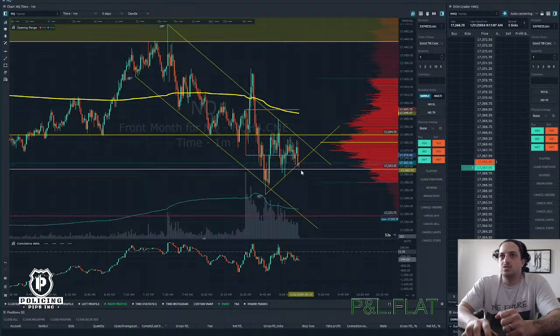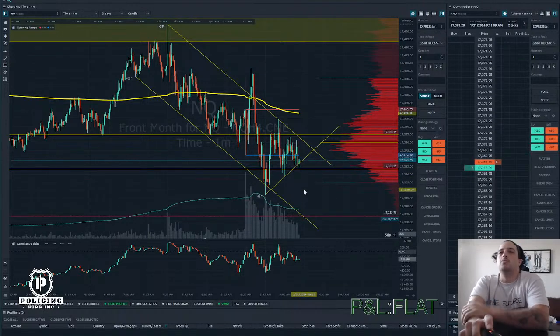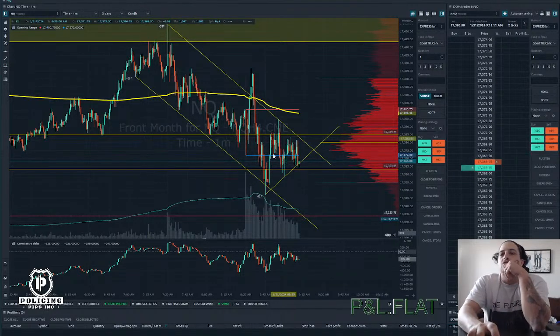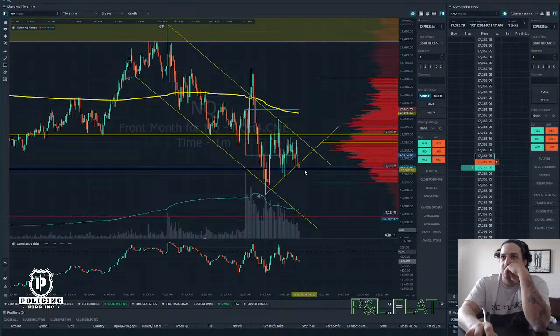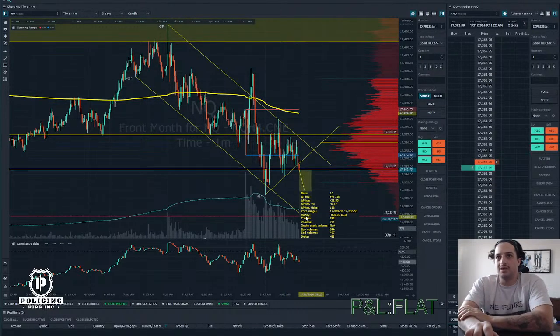If you do crack 63, you should get a hard move to the downside, and then you can limit your risk above that high there. So take a shot at it. See if you can rotate it down to that overnight low, clean that up. That's the bottom end of the